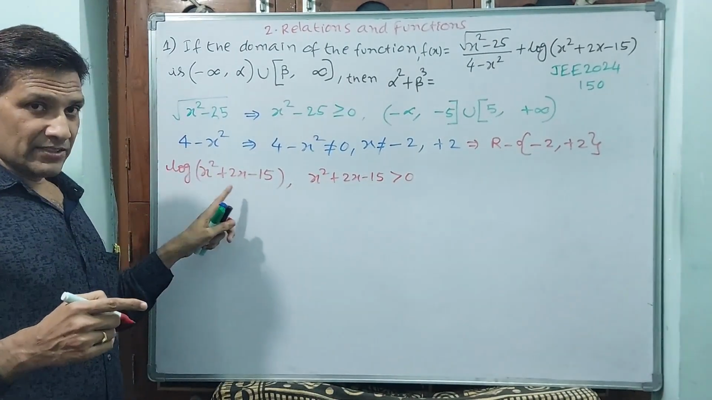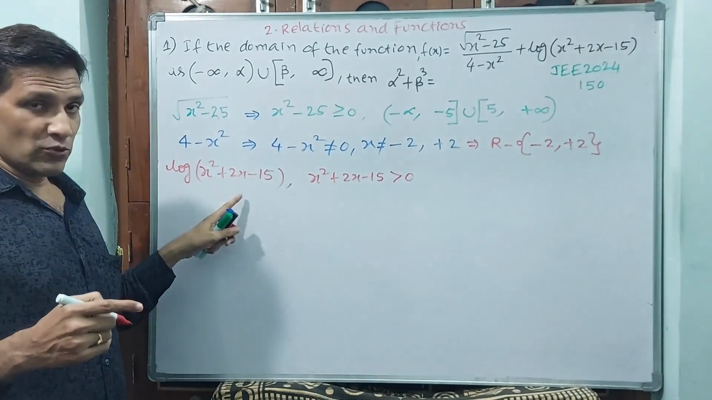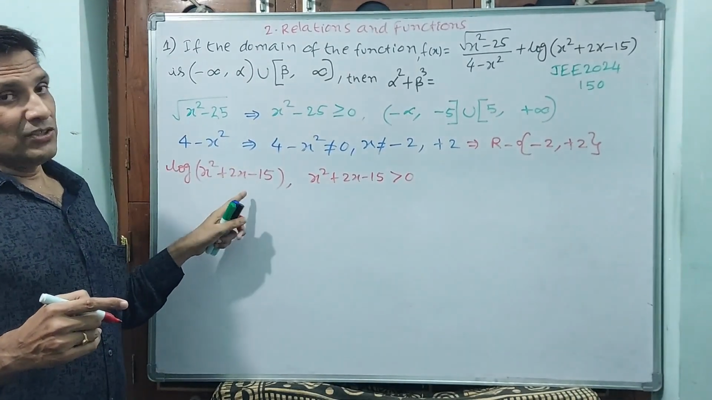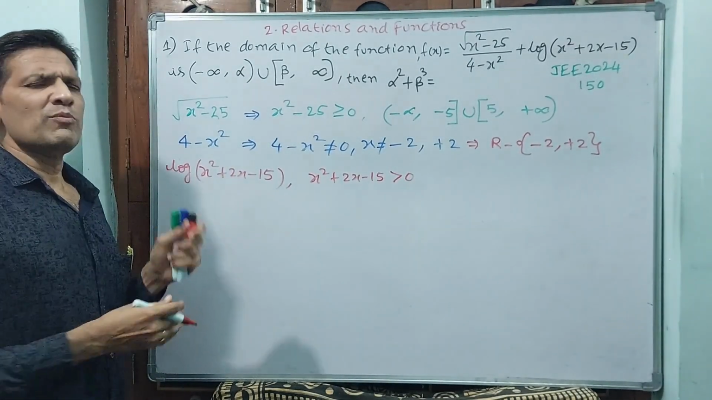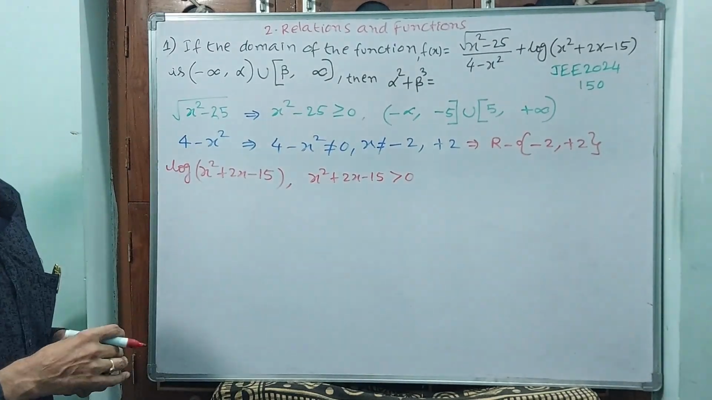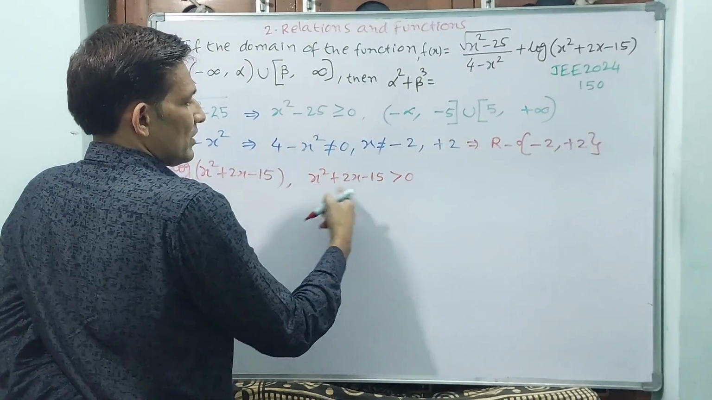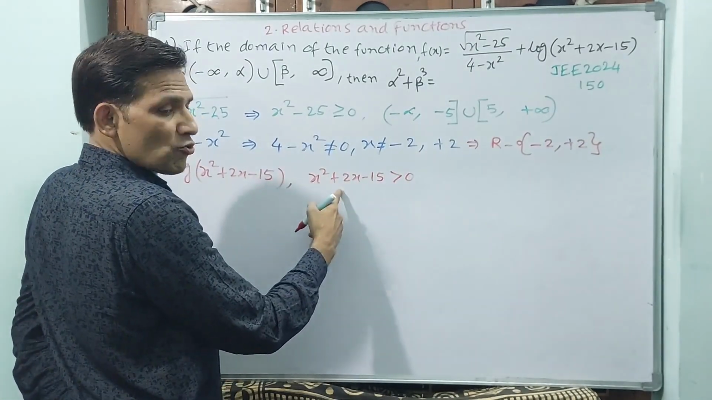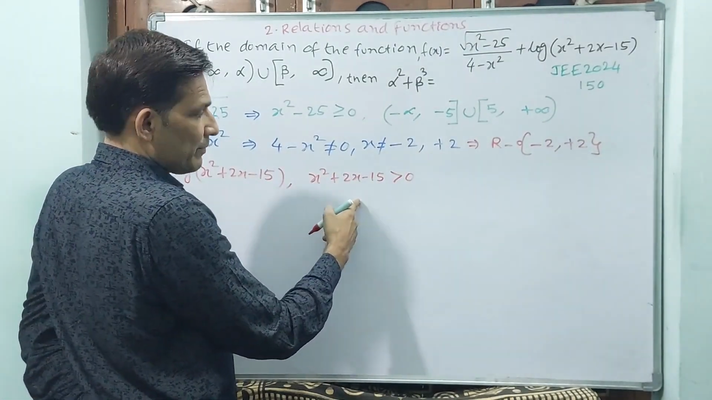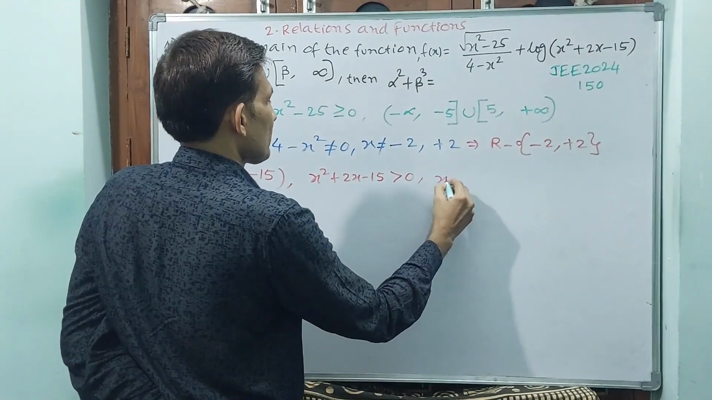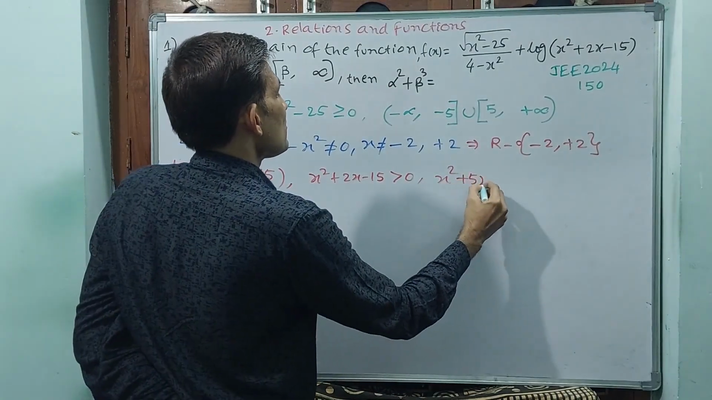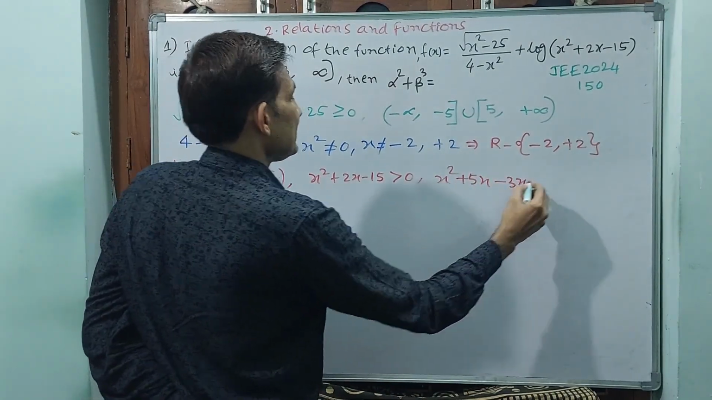Whatever you take inside the log, this x should be greater than 0; the logarithmic input should always be greater than 0, it should not be 0. Now, how to convert? See, minus 15 has to come: 5 into 3 plus 5 into minus 3. x square plus 5x minus 3x